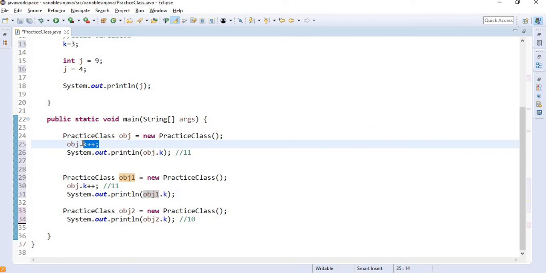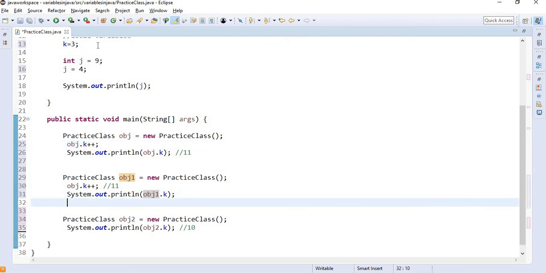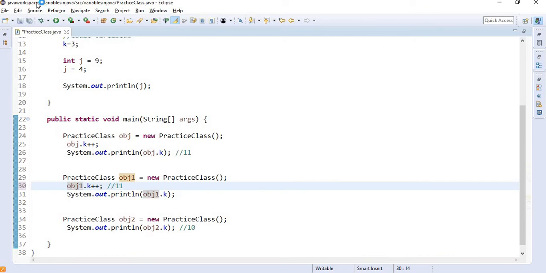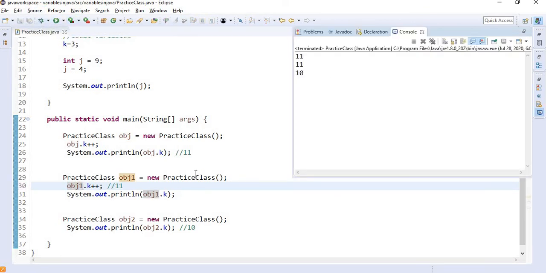They are modifying the instance variable as per their requirement, which means the instance variables can have multiple object references. So let's print the value here and see. I will say obj1 here and see, it will print the value 11, and then again this value is 11 but this value is 10.